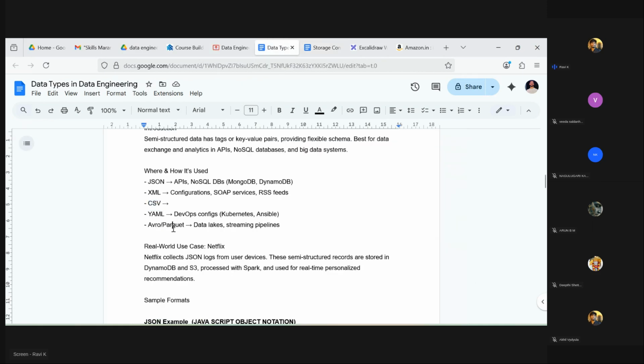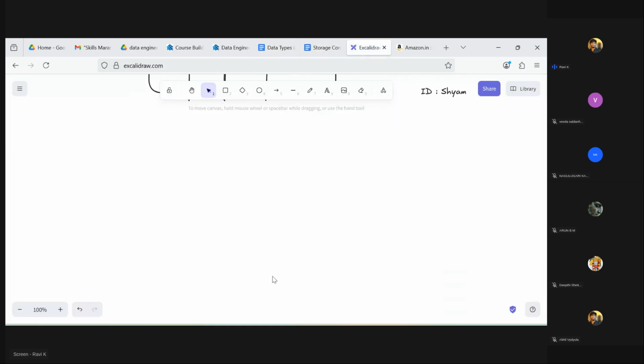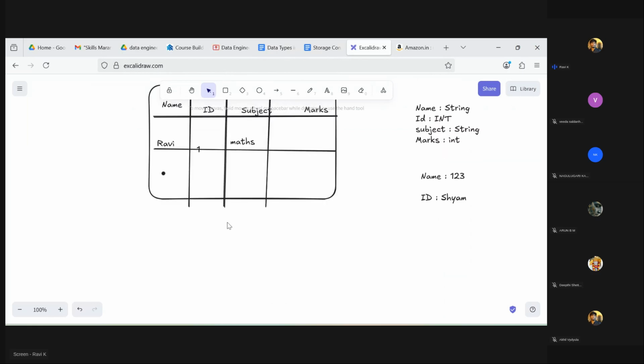But I wanted to explain Parquet files to you, what is Parquet and what its benefits are. It's very beneficial for you to learn that. So what happens with Parquet files? What are the benefits Parquet files give to the users? For now, I will give you a very small example.